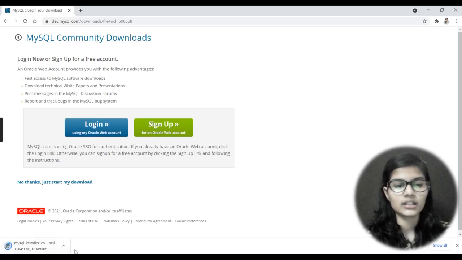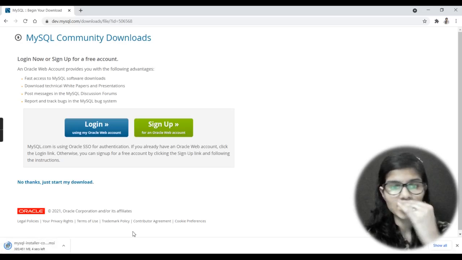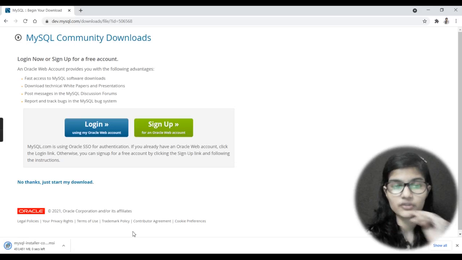So here it is getting downloaded, and after it is downloaded, we'll go on to the installation process. In that there are many options where we'll choose what you want to install, for what you want to install, what other features you want, and the rest of the things we'll see, right? So here we have downloaded. Now I will click on this.